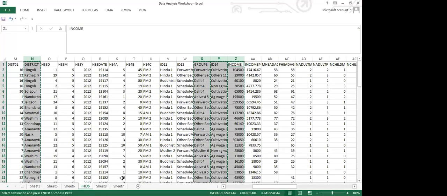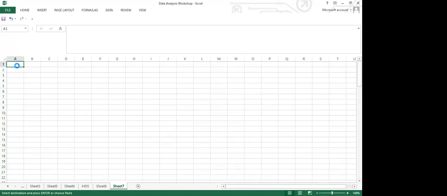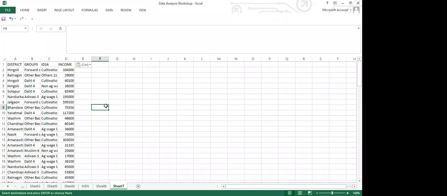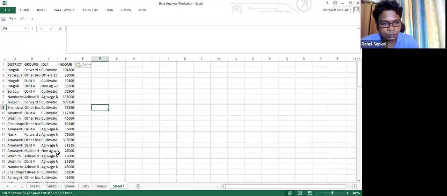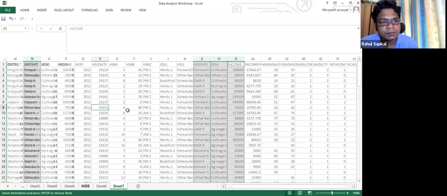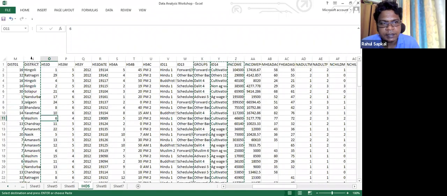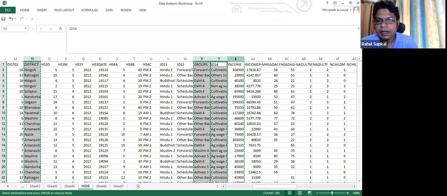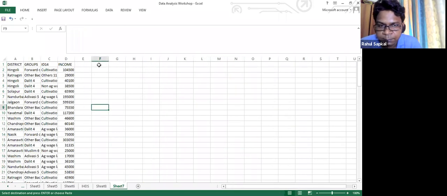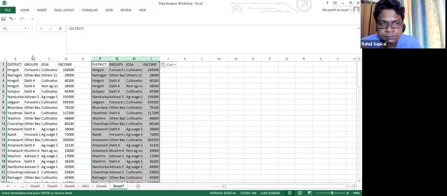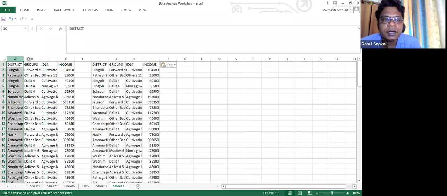Sir, also, could you please tell how are you selecting? Because when I'm opening a new sheet, I'm not able to paste the data. So could you just tell us the steps in between? Okay, so now, I think mine is 2013. See, whenever you want to select an entire column, you just click on the top. Okay, so this is the way you click on the top. Then you can do Control C, and just paste it over here. It will directly come.